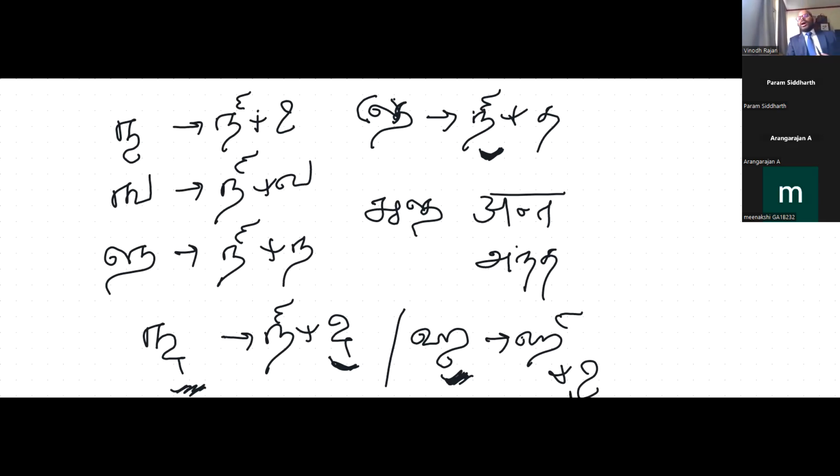In Grantha, you write it after the character. So you have ka arka, right? This means the r comes before ka. So let's say